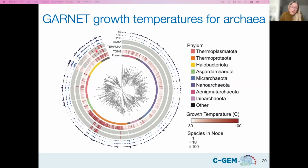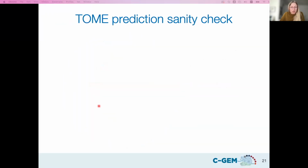And you see that organisms that were previously known to grow at really high temperatures, so they're bright red, are also bright red in the TOME prediction. But the TOME predictions also include some clades of thermophiles that actually aren't included in these other databases and were possibly previously unknown. So, just to sanity check that these predictions are correct, we took a look